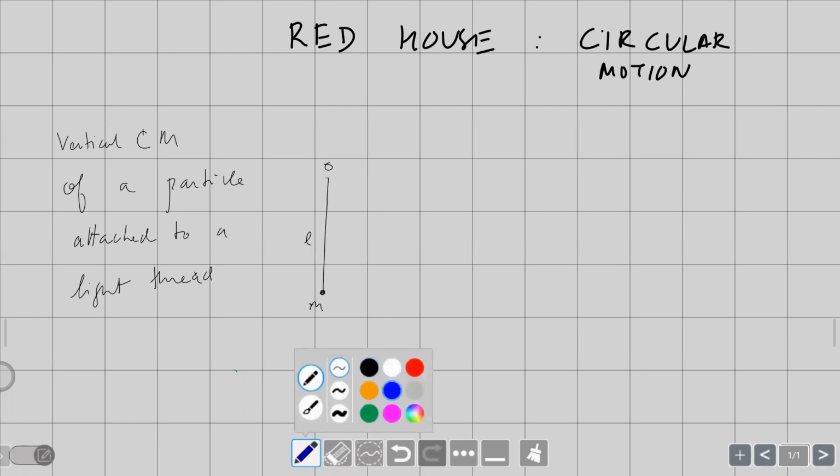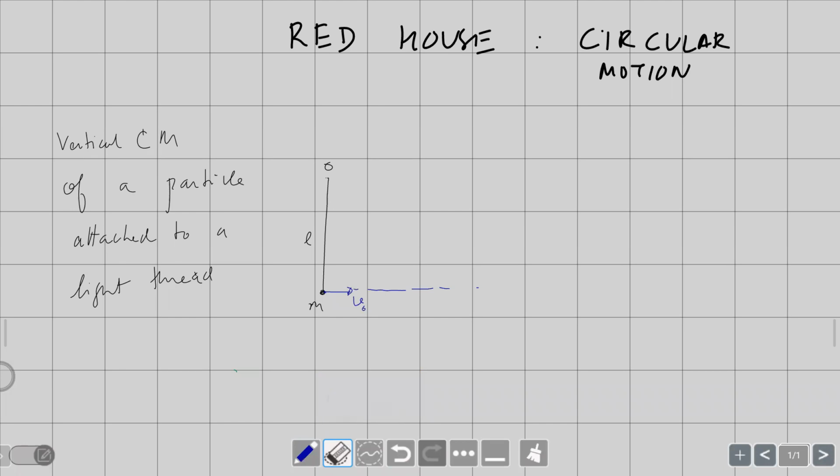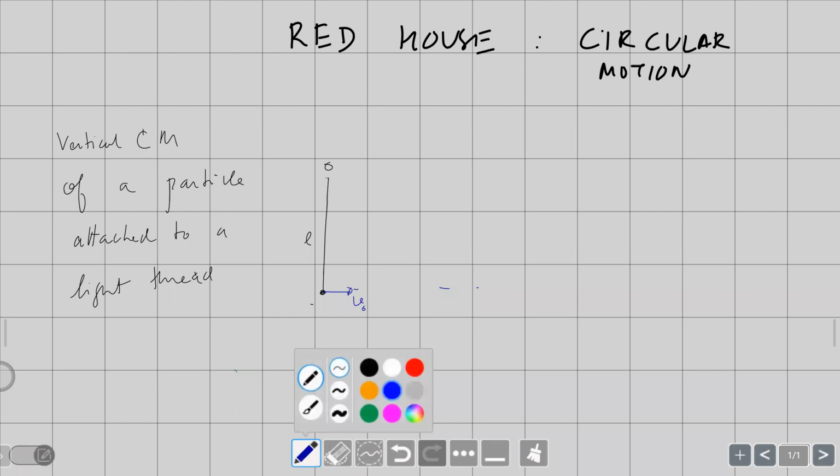So let's understand what happens if we give it a velocity v naught at the bottom by giving it a push like this. The moment we give it a velocity v naught, by virtue of inertia, the particle wants to continue in a straight line. But then there is the force of tension. It adjusts itself in such a way that not only is it balancing the weight, but it's also providing the centripetal acceleration required for the particle to do a circular motion about the point. So immediately when you give the velocity v naught, this tension changes from the initial value it was, mg. Before you gave the velocity, tension would have been mg, but now the tension changes to such a value that the particle has to go in a circular path.